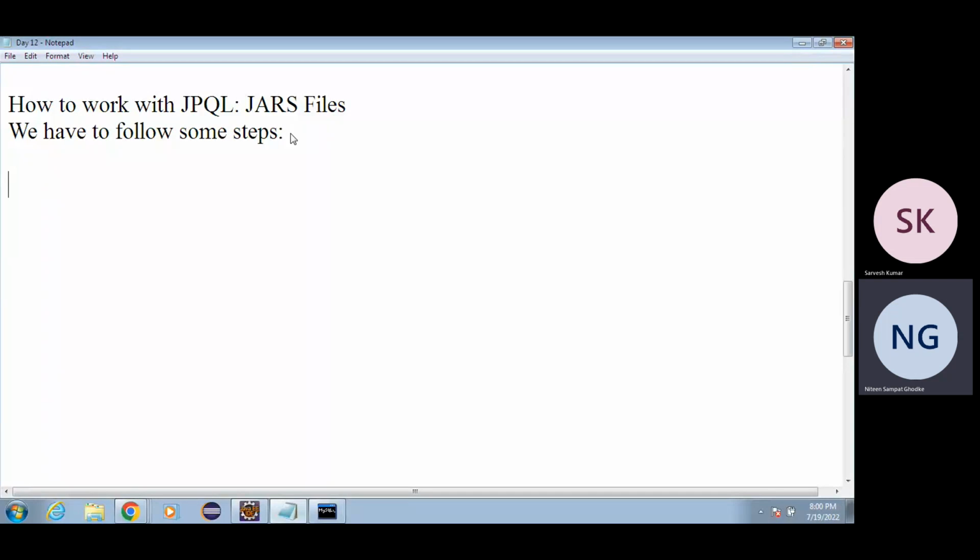To go for this, I can simply say there is a step one. What is step one? Just get a reference of entity manager. Get a reference of entity manager. You guys know that